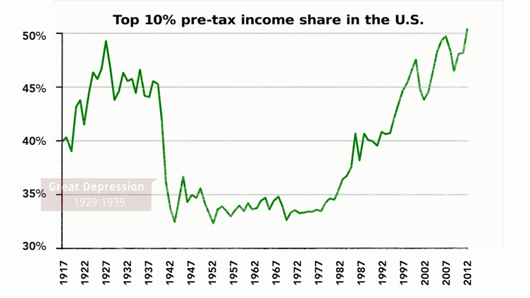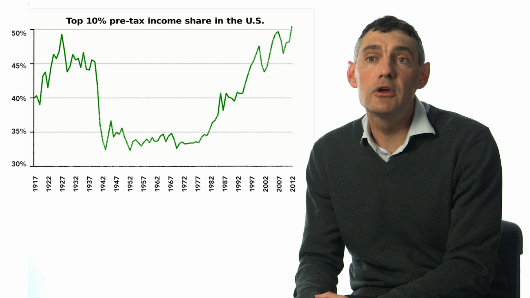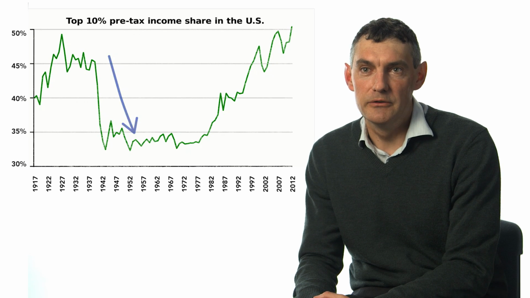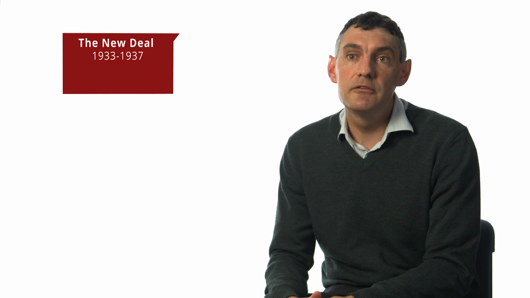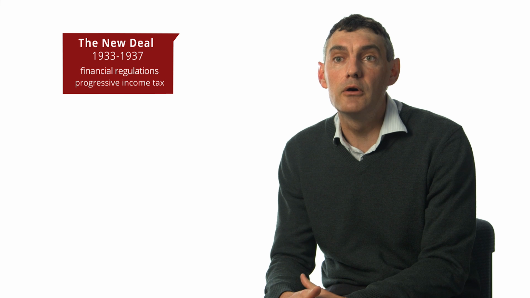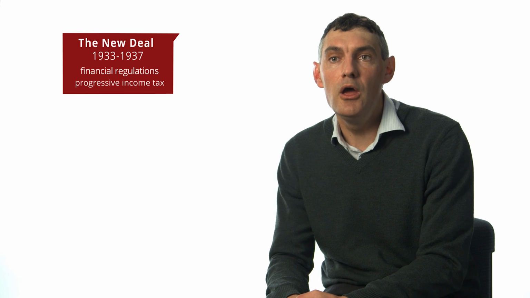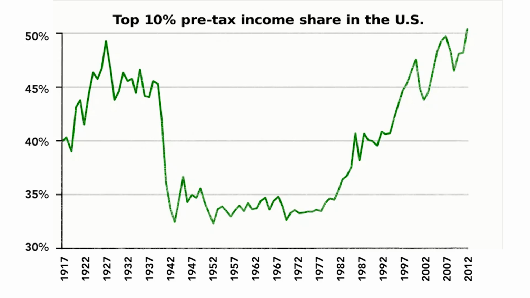The two large shocks of the Great Depression and World War II significantly reduced top fortunes. But on top of that, the New Deal, which is a set of very tight financial regulations and the development of extremely progressive taxation, prevented those top fortunes from recovering from the shocks of the Great Depression and World War II. So the top 10% income shares fall down to about 33% and stay low at that level for 2 decades. Post-war, the US is a country with a low level of inequality,